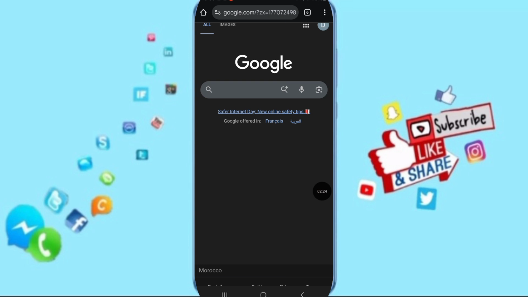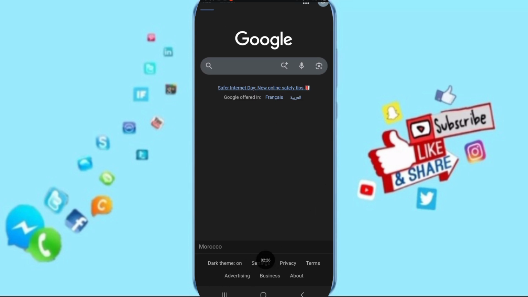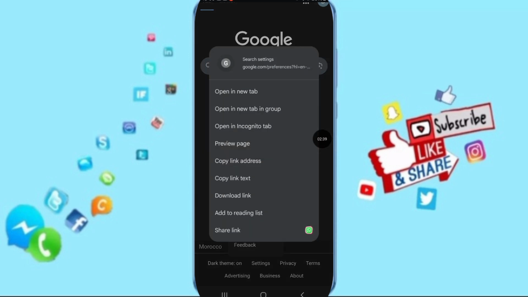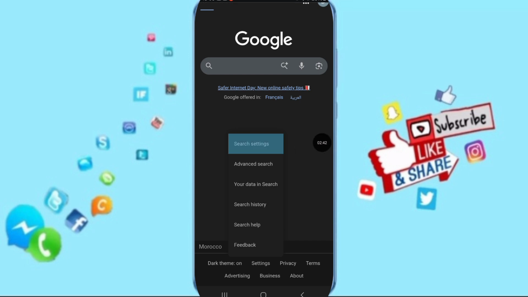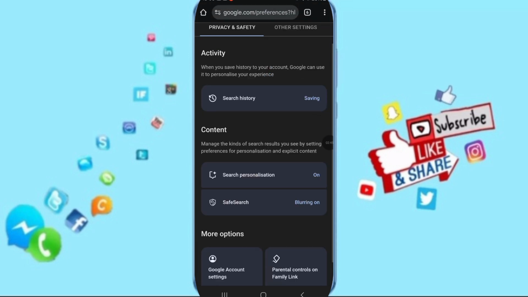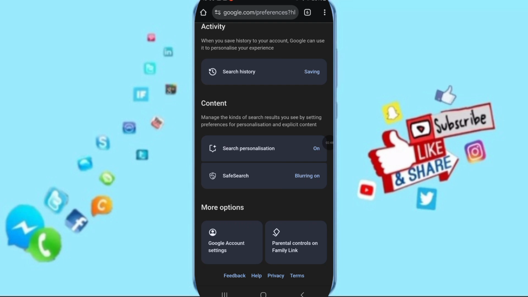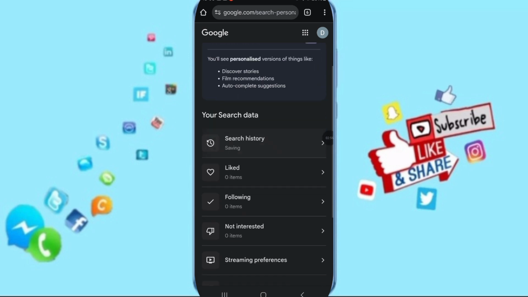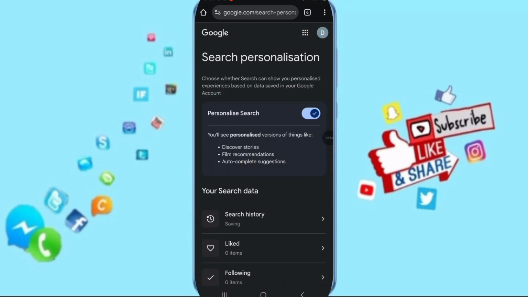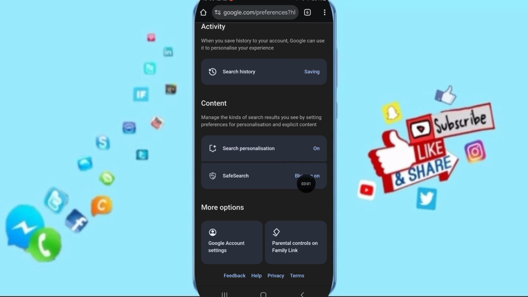So here in this first page you will have settings. So you will click on settings like this, settings. Then in this list you will find here search settings. So you will enter search settings here. And after that, in this window you will find this page of search personalization. As you see here, you can turn on this, and then you will go to SafeSearch